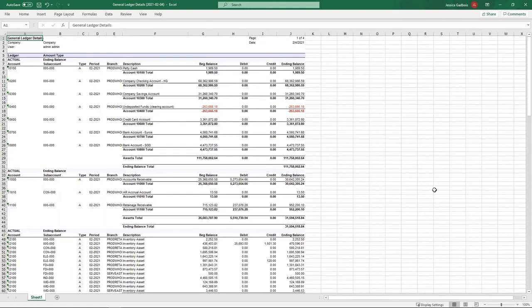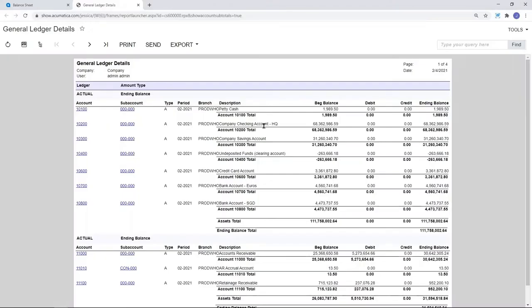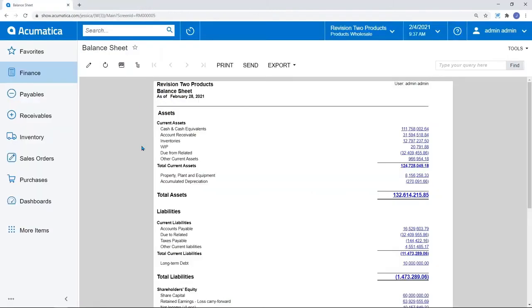That's the example of now the GL details instead of the full balance sheet that we were looking at. So yes, every report that you see in Acumatica does have that functionality, and we've done a good job making sure that the formatting does remain in place as well. And of course, there's even a tool out there, if it's worth mentioning, called Velixo, for those of you that do want very, very strong Excel reporting. It's even an add-on to Acumatica that allows you to take it one step further.